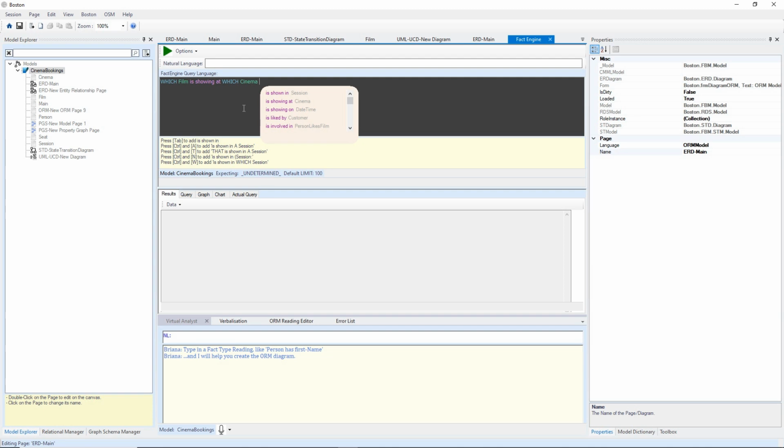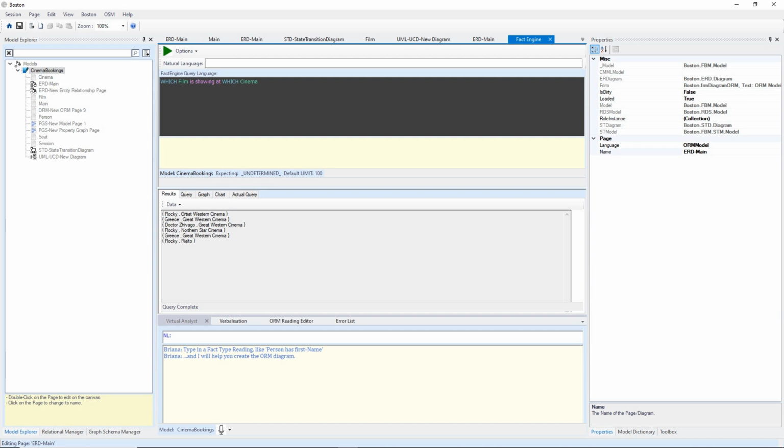So which film is showing at which cinema, and hit go on that. I get Rocky is showing at the Great Western Cinema, Grease is showing at the Great Western Cinema, Dr. Zhivago is showing at the Great Western Cinema. Now Fact Engine is database agnostic, so we know this is a relational database because it's got this SQLite flag